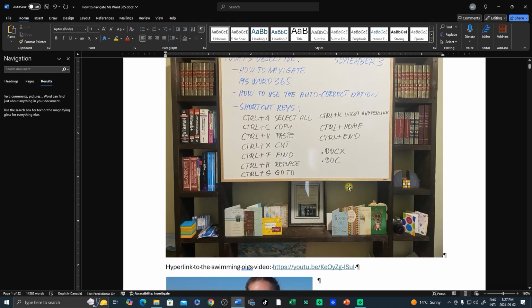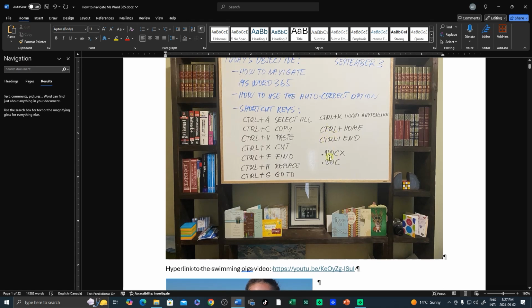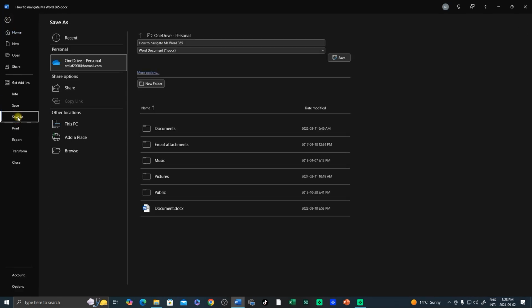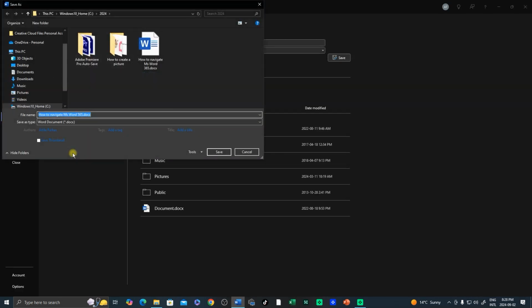So a few more things here. If I look at the extension of this document, you're going to see that it's docx, and in an older version, the extension is doc. So let's go and look. If I go to File, Save As, Browse, let's save this in 2024, and I'm just going to save it as